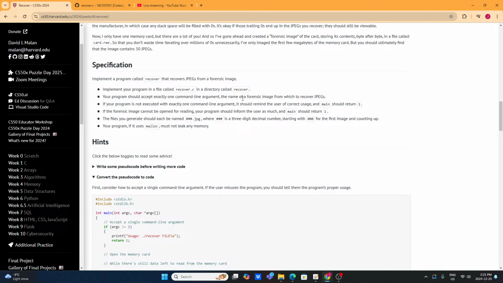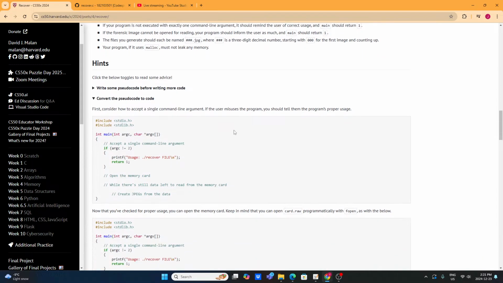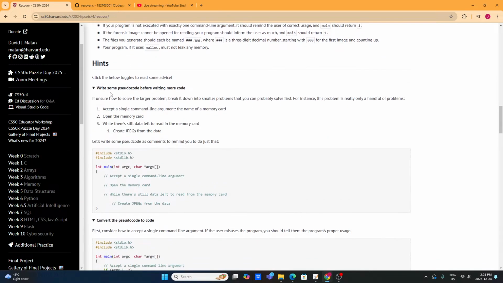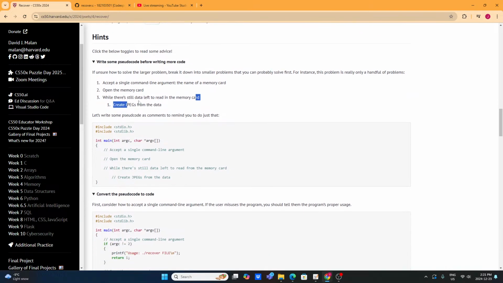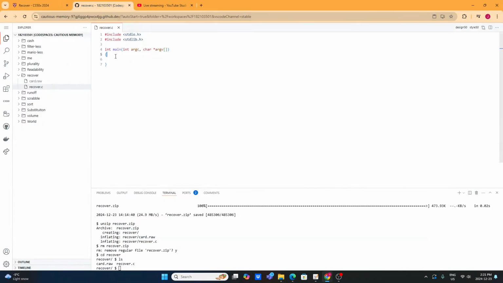So one command line argument. Yeah. If argc is not equal to 2. Okay, makes sense. That makes perfect sense. This is pseudocode, except for a single line. I'm going to open the memory card, right? While there's still data left to read in the memory card, create JPEGs from the data. So this is basically our kind of thing. So you have to accept a single command line argument, which is